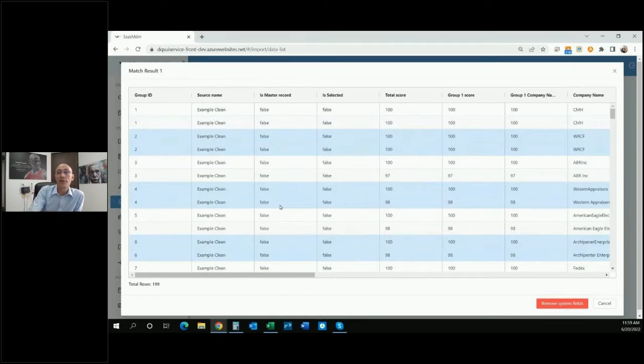of matching records. The next one over here is selected, and that one's kind of an interesting one. This allows us to set up special handling rules for records that might be of particular interest. That also allows us to remove duplicates, or false positive duplicates, from groups of duplicates, kind of one by one that way. And it also allows us just to flag records, again, that might be of specific interest. So we can remove duplicates, we can delete records using that option, and we can also flag records for